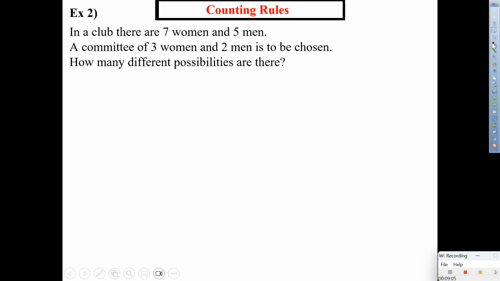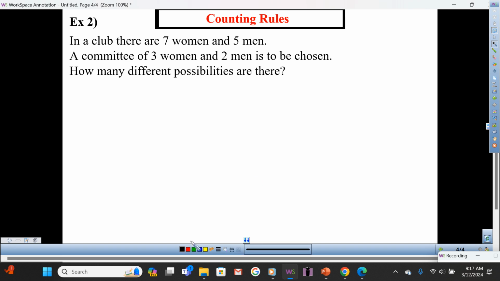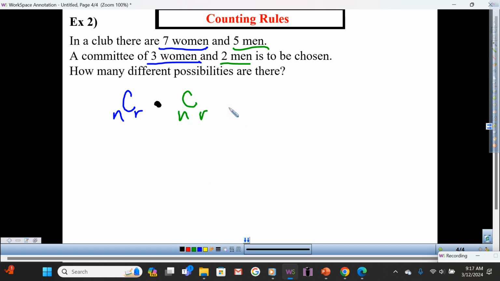And here, that's when we start using more of the combination of both. So I somehow said, well, here we have women and men in this problem, but they combined for a committee. So once again, women and men. Yes? So that means I need to do a combination of n r for the women times a combination n r of the men, and that's going to give me a total of totals. Is that correct? So therefore,